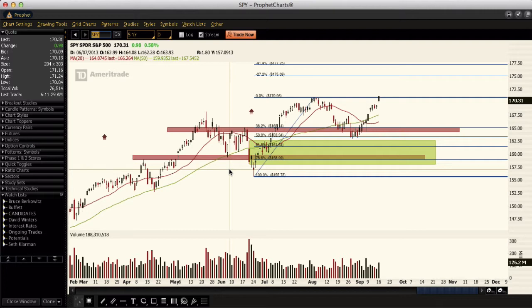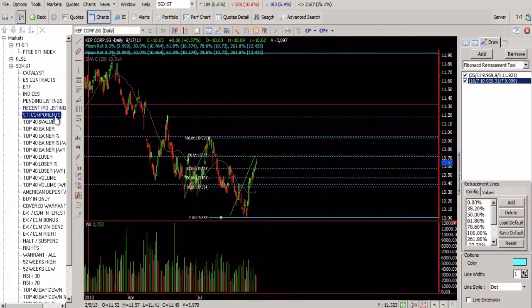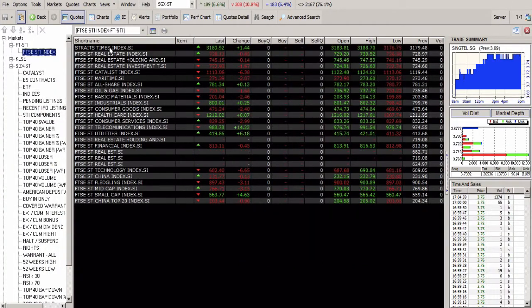And nothing much to say here. It's just that it's been in a consistent and steady uptrend currently, even though the correction here, a lot of people thought that it was quite big, but it's still quite a shallow pullback in terms of the SPYs. And in terms of the STI,